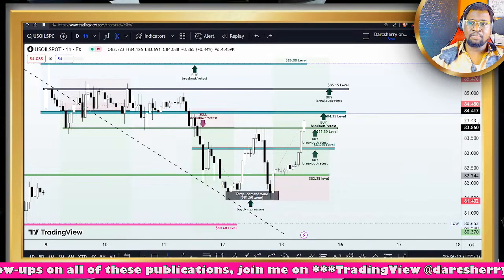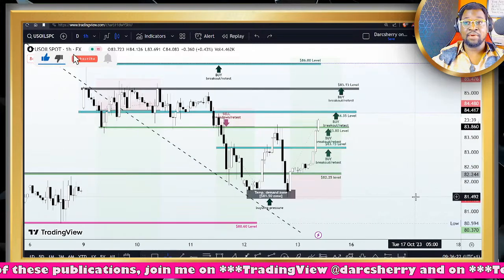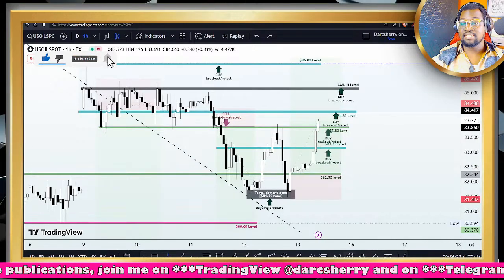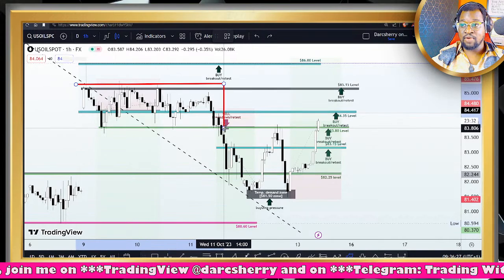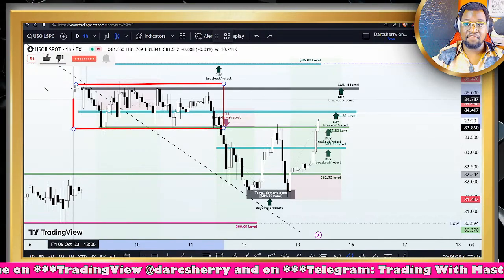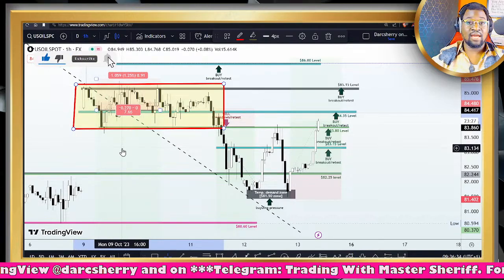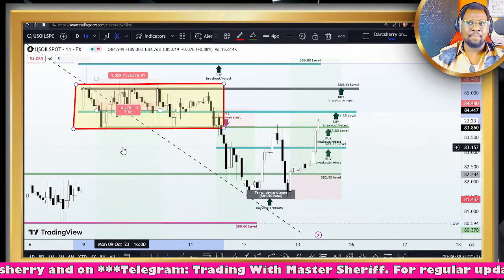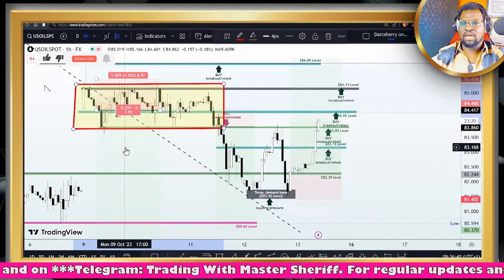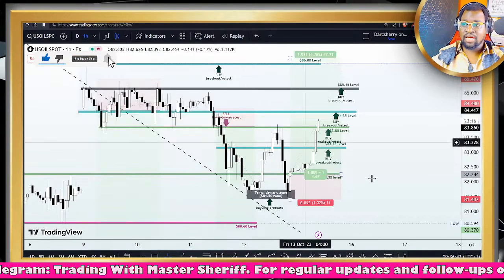Then I also deliberated on this structure here yesterday. Remember, we had a very long consolidation phase where price was initially confined within this range between the $85.15 level and the $83.80 area before that breakdown of the support line happened, which of course we took advantage of, giving us about over 200 pips in profit on that one.